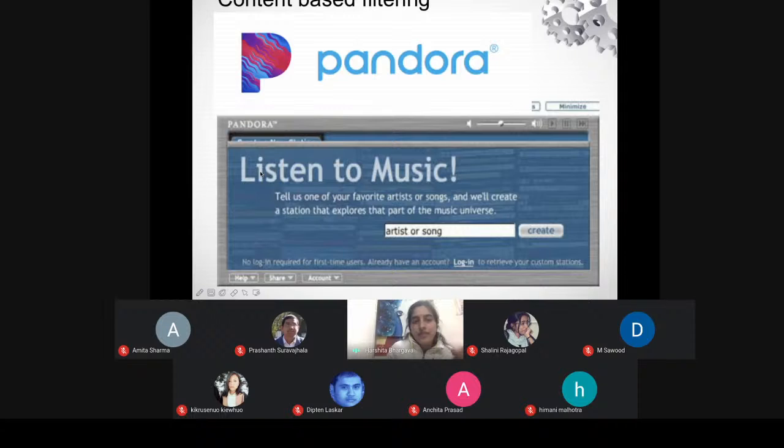तो यहाँ पर this is not available in India basically. It is a US based application, but in इसमें initial level पे what they say is you have to specify these kind of things. जैसे आपने यहाँ पे artist बताया और you have provided a song, so वो क्या करेंगे, they will create a play station, ठीक है, that is personalized, है ना. अभी personalized कैसे हुआ है? It is working on the features of that particular song. ठीक है, and this Pandora Music is very popular because this is based on the Music Genome Project, है ना.